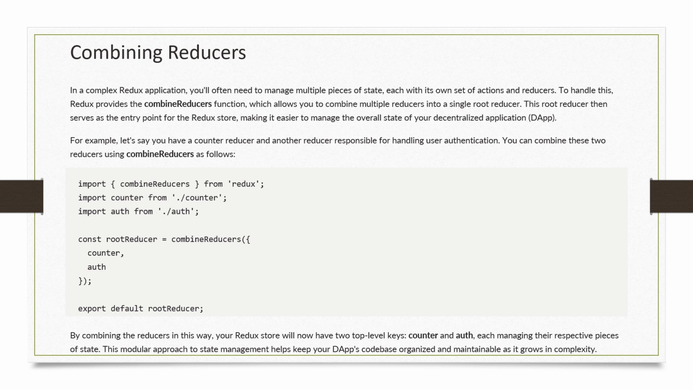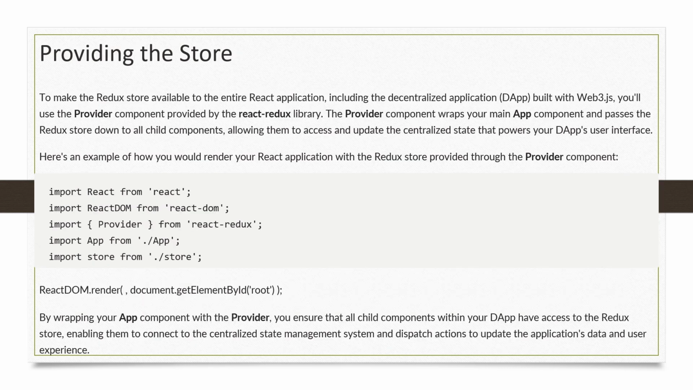Finally, the root reducer is exported for use in creating the store. To make the Redux store available to the entire React application, use the Provider component from the React Redux library. The Provider component wraps your main App component and passes the Redux store down to all child components. Here is an example of how you would render your React application with the Redux store provided through the Provider